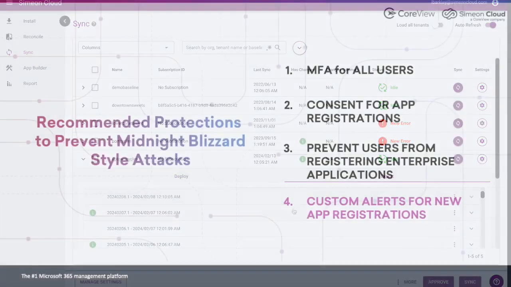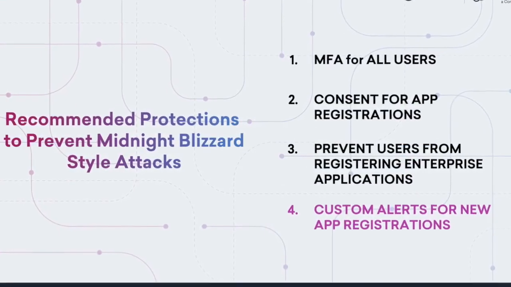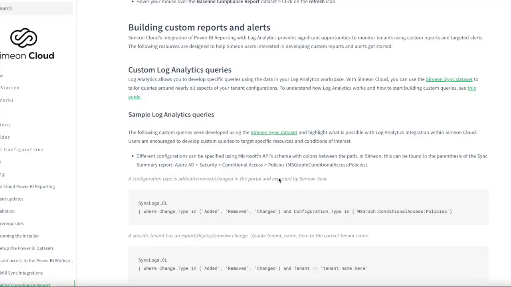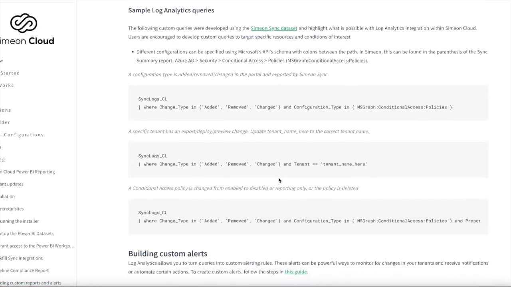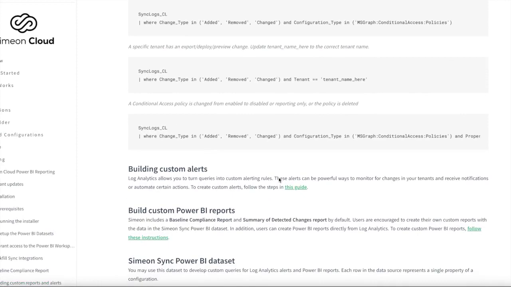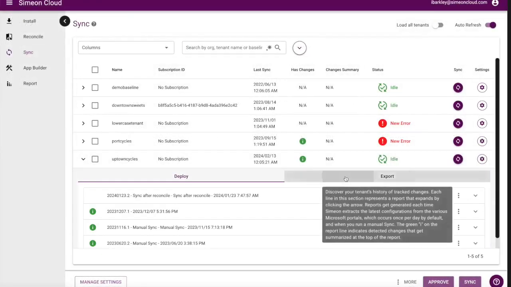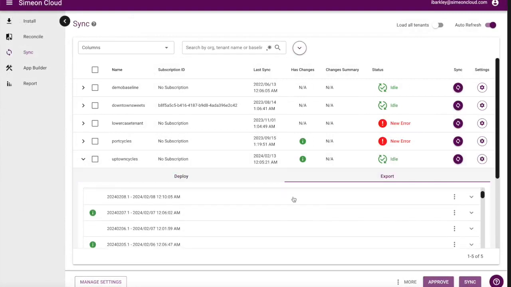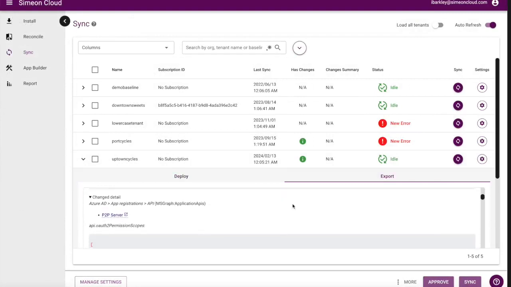and test tenants. And finally, after you have applied those three important policies to your production tenants, it is recommended that you create custom log analytics alerts and reporting that notify you if there are modifications to these and other critical security policies. By default, Simeon Cloud runs a daily sync looking for any changes to policies or registrations of